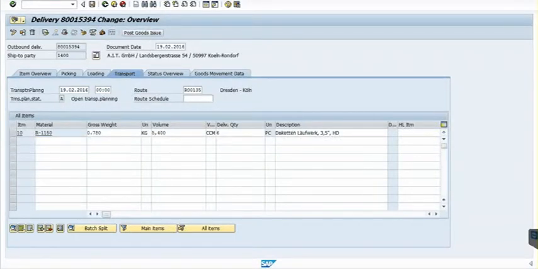That is very much important, since if we don't do post goods issue, SAP would not recognize that these many items have been picked and sent for delivery.